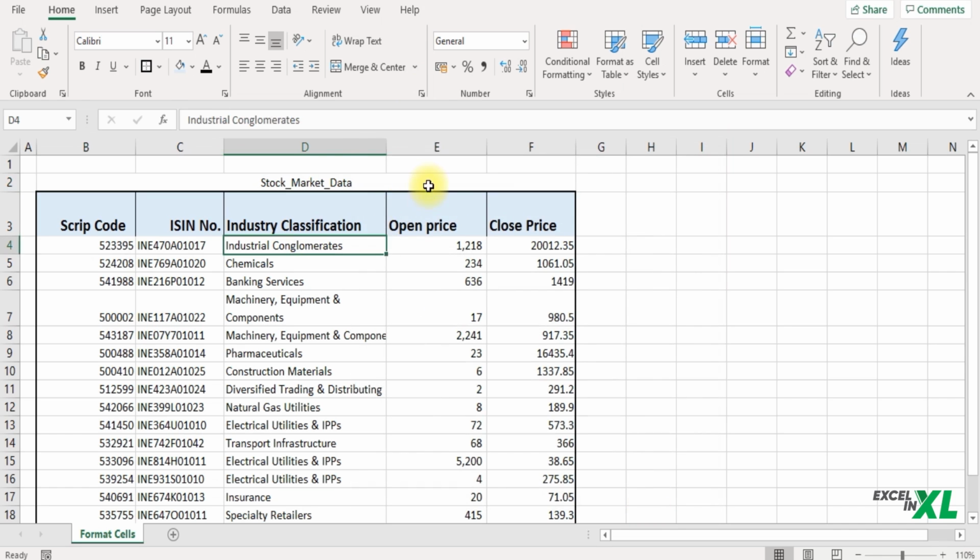And this centers my data, but it does not merge cells. You can see I'm able to select all the cells that are there in this row, and still my data is in center. It does not merge any cells, it just centers the text among my selection.